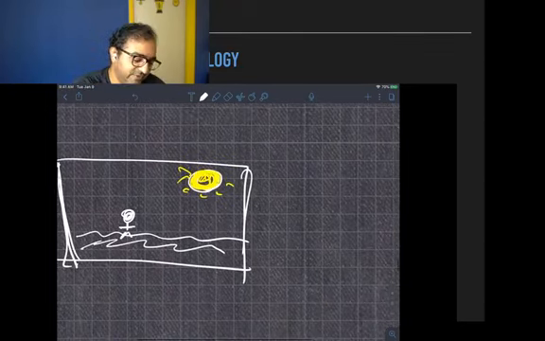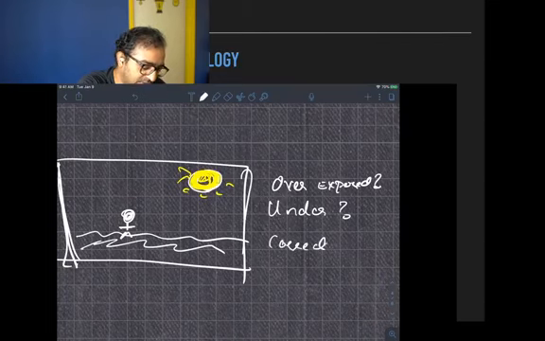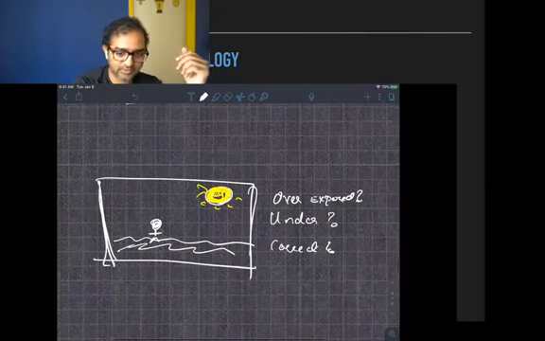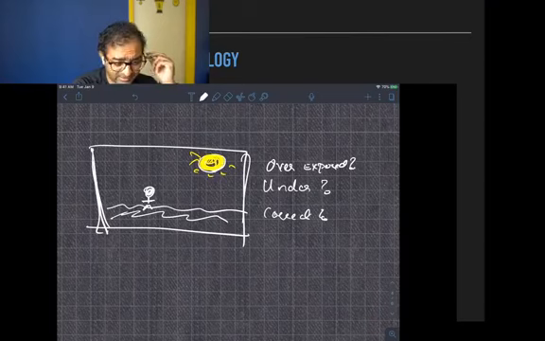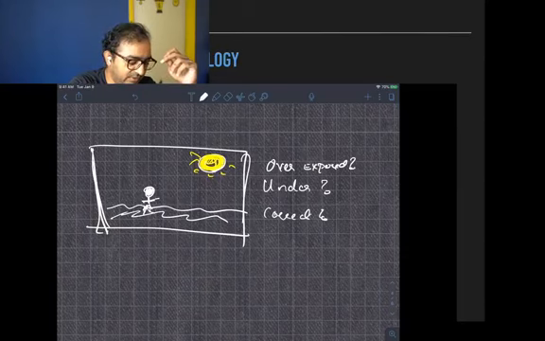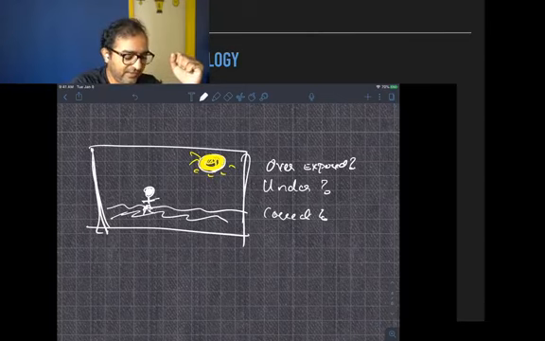So now the obvious question is, is this overexposed, underexposed, or correct? This is the question you have to ask yourself. Now, what I want you to think about is that it could be any one of these three, depending on what your expectations are. So let's say my expectation was that I wanted to see a silhouette. I wanted to see this person dark, but I wanted to see the detail in the sun. Everyone's seen photos like this, right? So in that case, this is correct.